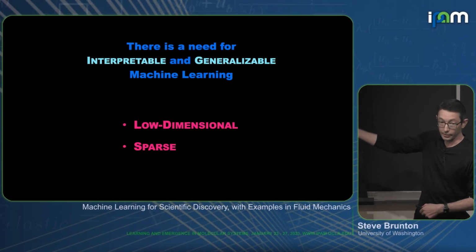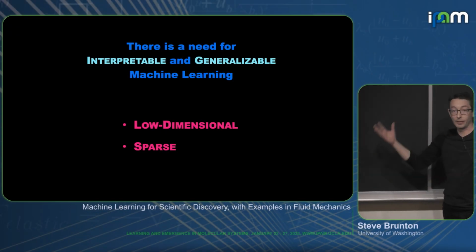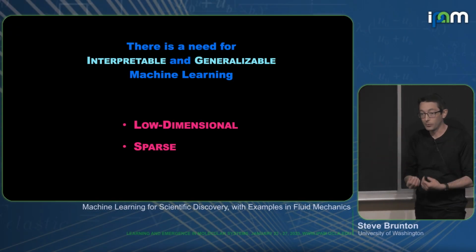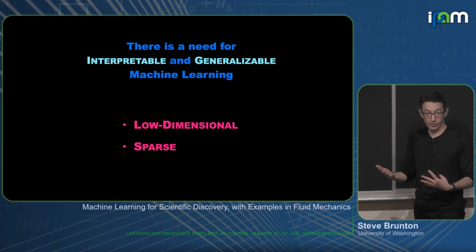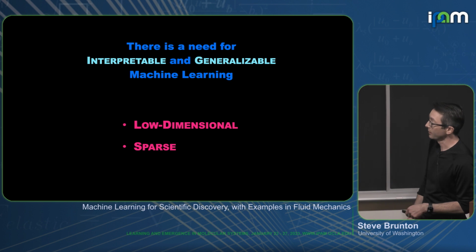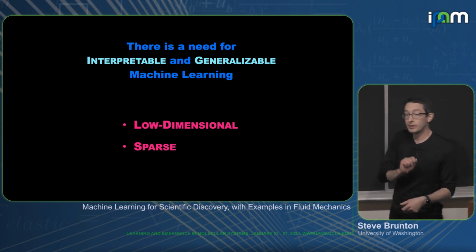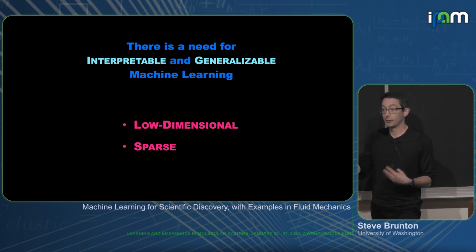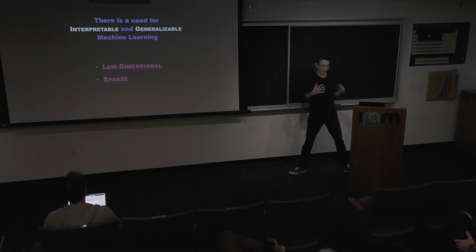The tools of low dimensionality. So even when I have very high dimensional complex systems, I want to find the fewest patterns that describe the things I care about in those systems. So I want low dimensional patterns. And I want sparsity. If I'm going to write down a differential equation that describes how those patterns co-evolve in time, I want the simplest differential equation that describes my data and no simpler. Okay? That's the setup. So that's what I'm going to show you today.